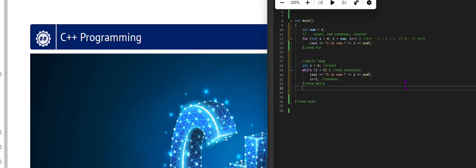Or I equals I plus 1, any of those options would work. Now this is the exact same as this. And if I run them,